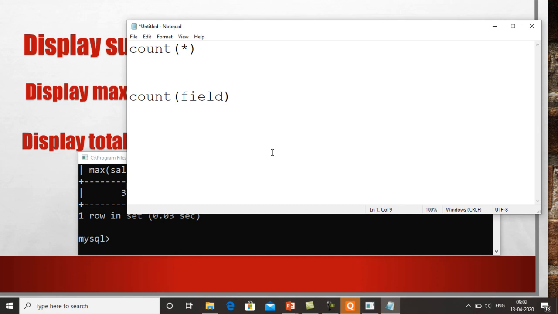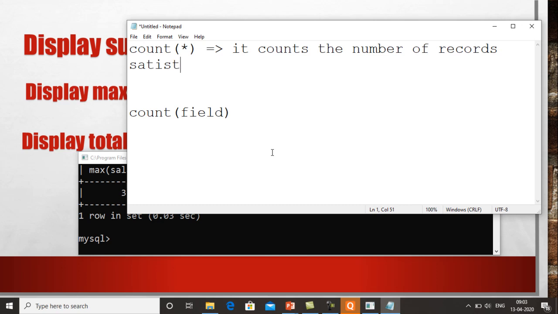The difference is that this function counts the number of records satisfying the given condition.